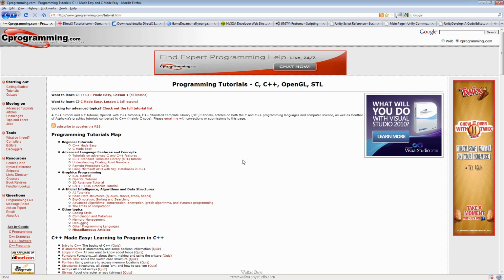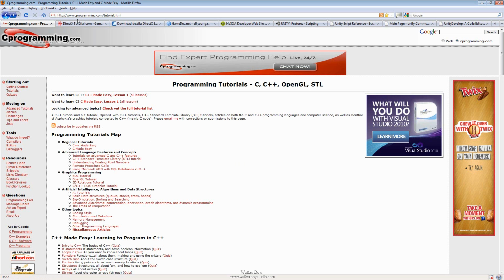Alright, before we jump into JavaScripting, I just want to show you a couple examples of websites where you can go to actually learn additional programming. If you want to go further than just JavaScripting, if you want to go into C++, more of the core foundation for game programming, then there are a couple of good sites to go to. We're not going to get into C++ or C# programming, but I do want to make sure that you know it's available to you. A really good site to go to is this site right here.